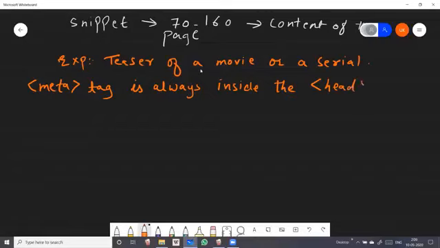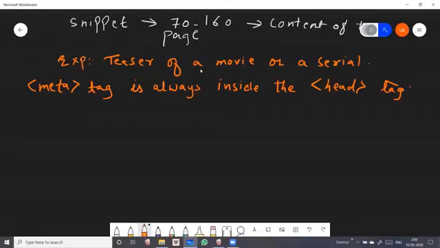Getting, students? You have to remember this. It is always inside the head tag, students. So what does this mean? That it doesn't have any concern with the body content. That means it is not visible to anybody except the HTML page. Okay, so meta tag is just to describe the page. So that's why it is within the head tag.